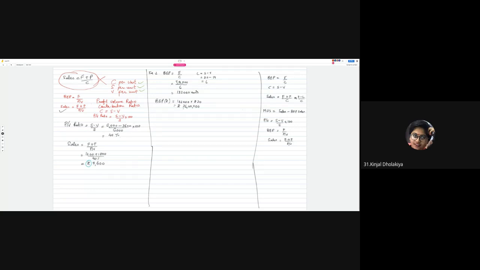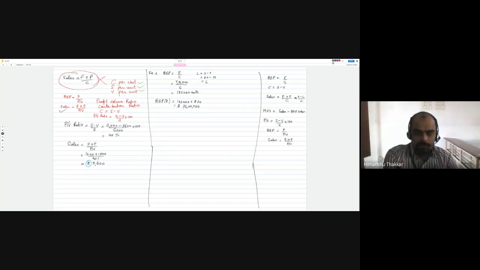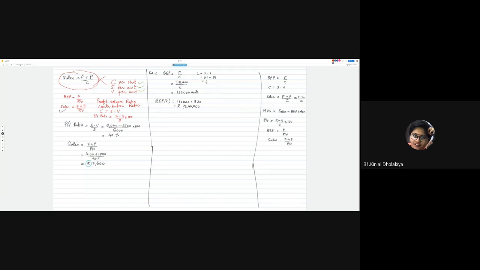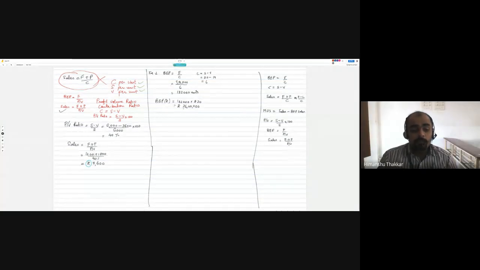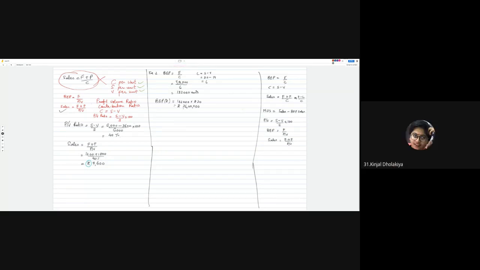Sir, we used the F upon C formula for BEP, right? Isn't it only applicable when it comes to units? Because all the values we are given, like the fixed cost, are in rupees. See, for using the F upon C formula, you should have C per unit available. And to find C per unit, you should have S and V per unit available. F is fine. F will be a lump sum amount. It cannot be per unit. You should have S and V per unit available with you to use this formula F upon C. That's it. Okay, sir.